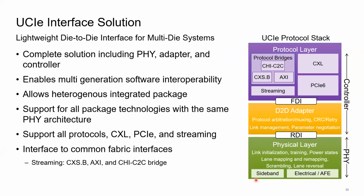So this is the physical layer or the electrical interface we have been talking about. Now this will be a parallel interface and they have defined the electrical and also the sideband signal. A lot of times, to do the link training, there are some sideband signals which are needed. So those are also standard defined. And there is this interface, RDI, raw data interface. This is defined between two logically separated layers. So this will be just a PHY, and there's a raw data interface. So you have different ways of implementing it at